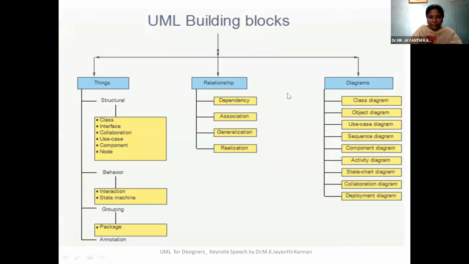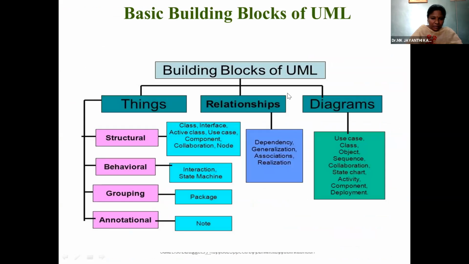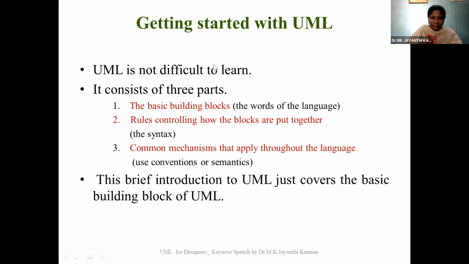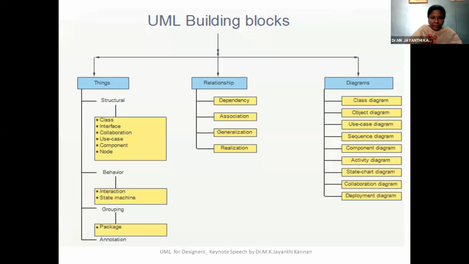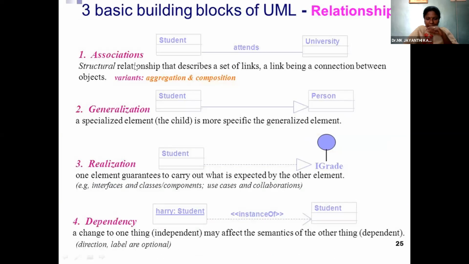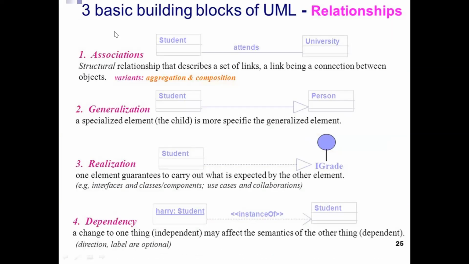Take again the structural things. In structural we have class, interface, activity, use case, component, and collaboration. One more major subdivision is static components and dynamic components. We need to understand which will come under static and which under dynamic. These are the minor, internal things which we need to consider while drawing the diagram.